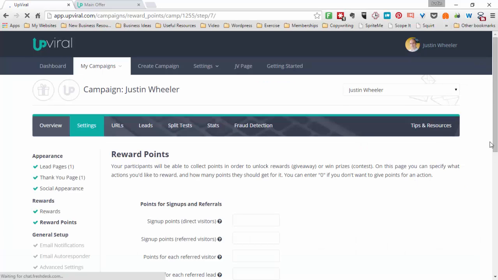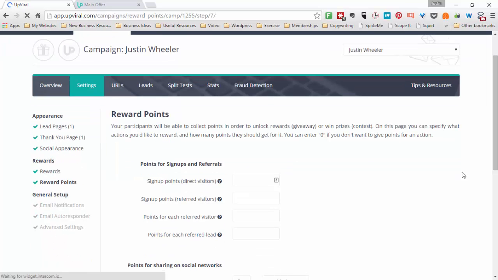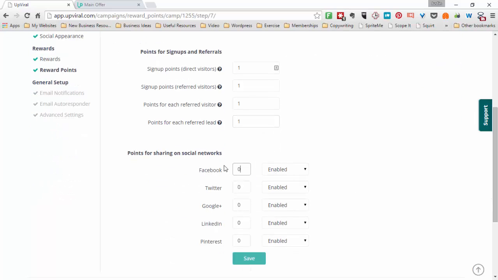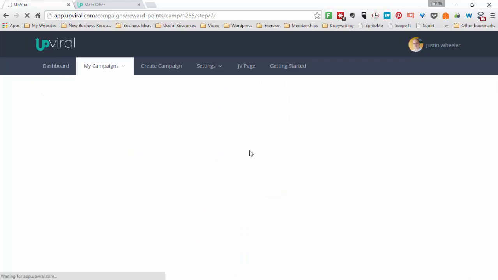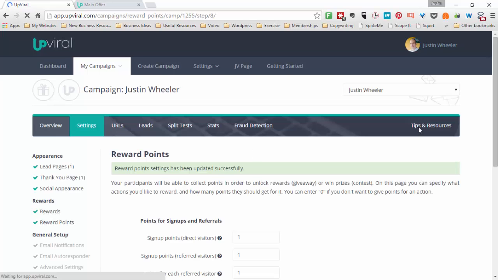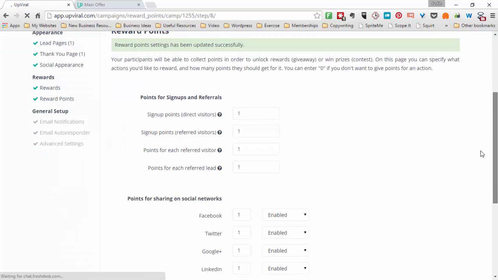So you have different numbers of points for different activities, but let's just say 1 for each. 1, 1, 1, 1, 1, 1. So you get 1 point for doing each of those things. And so you can soon get other points. Anyone can get 5 points by sharing, if you get someone to sign up and get more. And so it goes on. That takes us to the